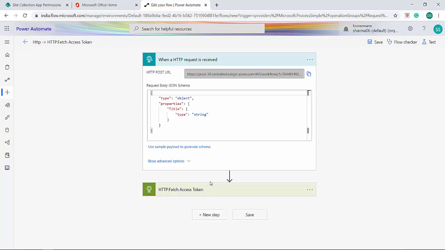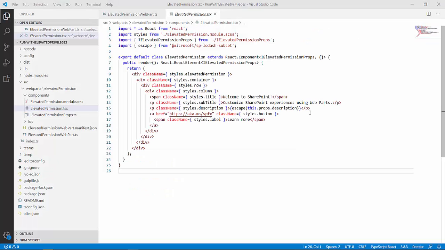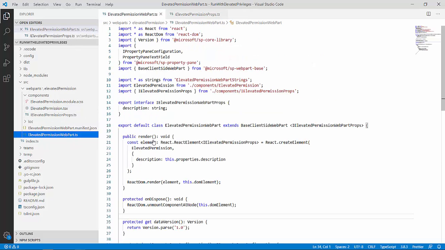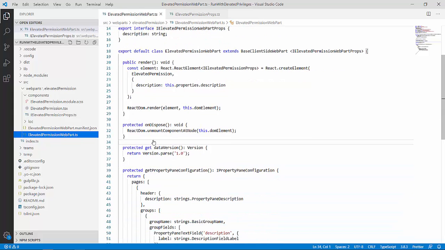So now, to make it easier to go to the next step, first of all I will call this flow from my SPFX web part. So guys, this is my SPFX web part which I will be using to call my Power Automate flow. I have created this web part and I will be using React to develop it. So this is our third and final step, and our second step, that is creating Power Automate flow, we have aborted for now in between. After completing this, we'll go back to it and we will complete our flow.